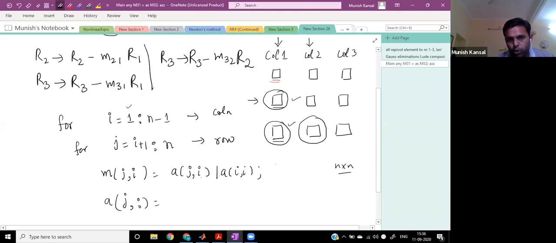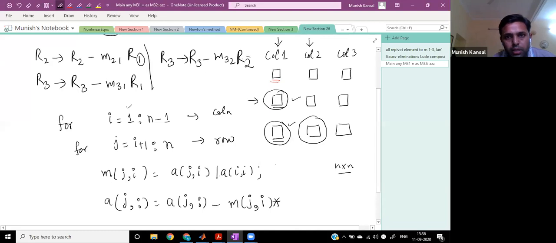So now here, how to make zeros? This is the command. I will show the output of this command, that you are working in jth row, right? So A of j comma colon, I will illustrate what is the meaning of j comma colon in the MATLAB window, right? So A of j comma colon क्या करेगा, ये देखो जरा, R2 minus M21 times R1. How to write down this as MATLAB command? So this is Mji times, you have to put star here for multiplication. Now this is R1, this is R1.